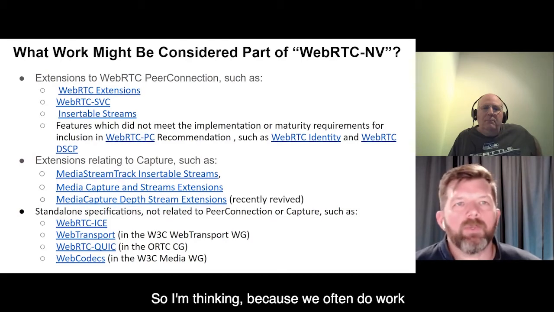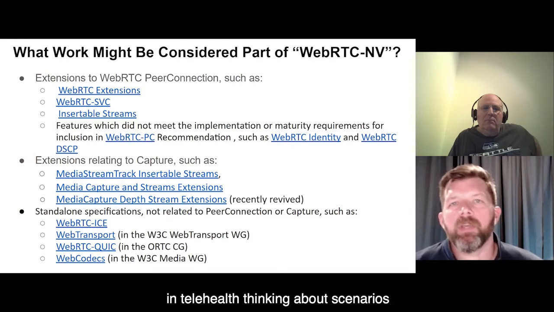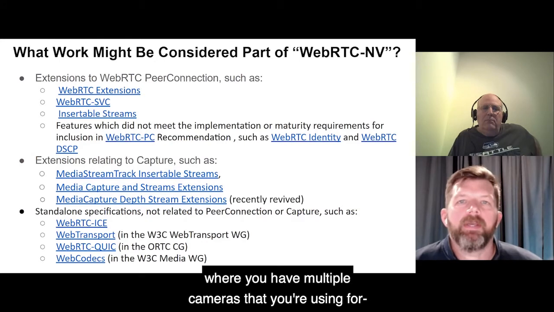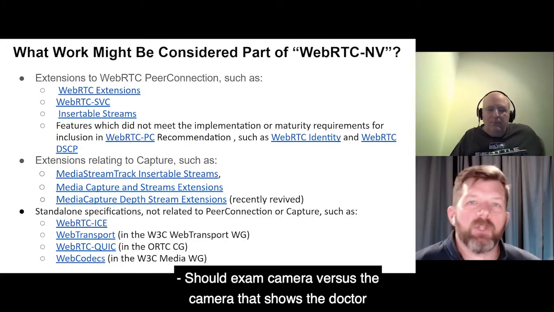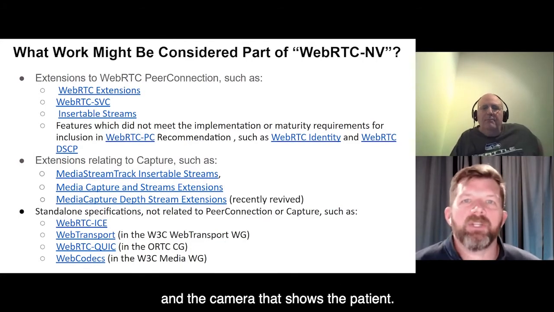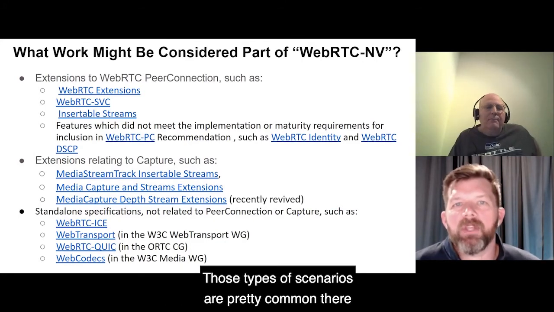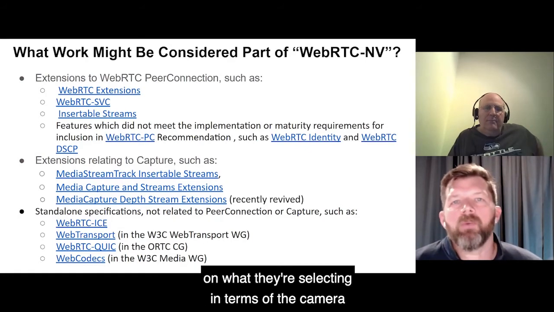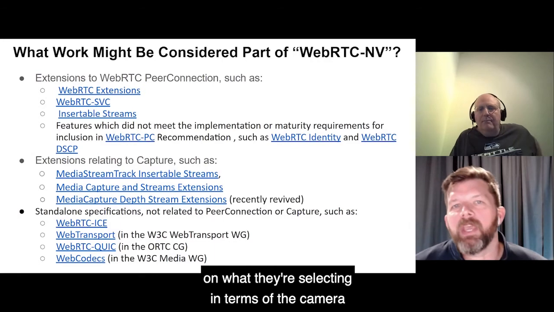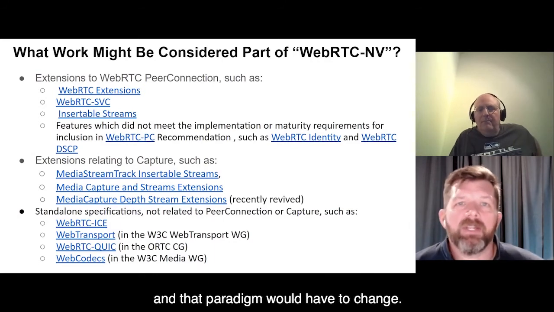I'm thinking, because we often do work in telehealth, about scenarios where you have multiple cameras, right, like a patient exam camera versus the camera that shows the doctor and the camera that shows the patient. Those types of scenarios are pretty common there, where you want to have at least some influence on what they're selecting in terms of the camera, and that paradigm would have to change.